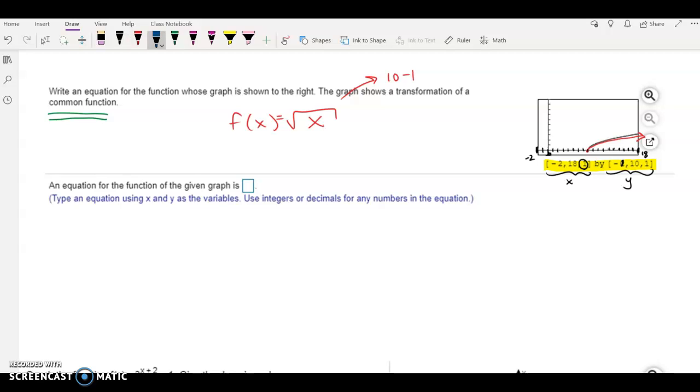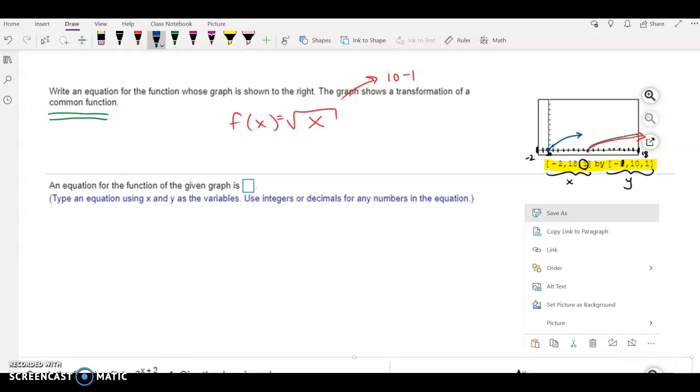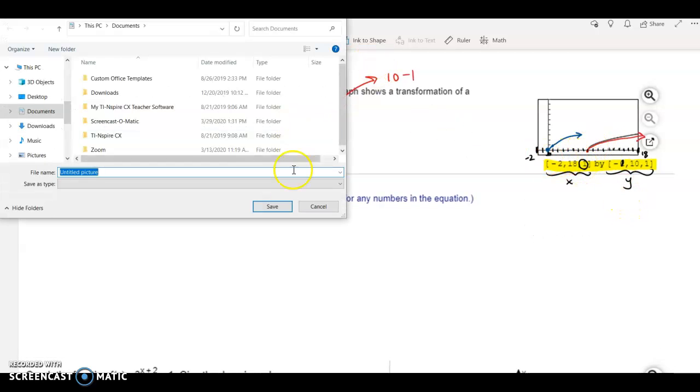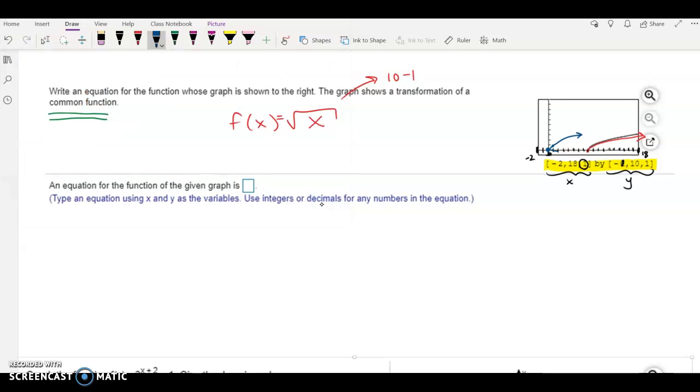So anyways, what you want to know is that your square root function normally starts at 0, 0. All right, and then it shoots off in that direction. So what has happened? From 0, 0 to get to this function, it has been shifted over. Let's try this again. 0, and then it shifted over 1, 2, 3, 4, 5, 6, 7, 8. All right, so it shifted to the right